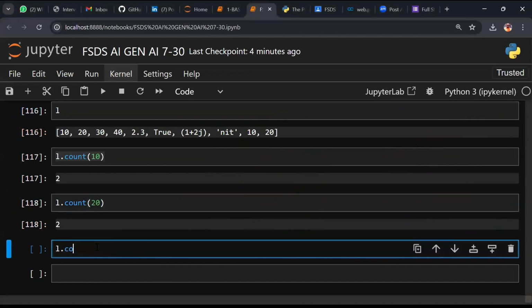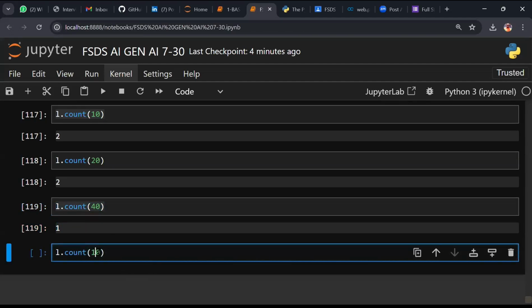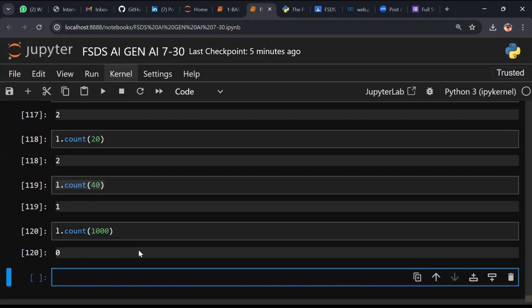Now, the moment you say L dot count tab, you can go for 40. Just try this. One or not. If I copy and I want to type 1000, is it an error, or an empty list, or what is the error? Just check. 0.